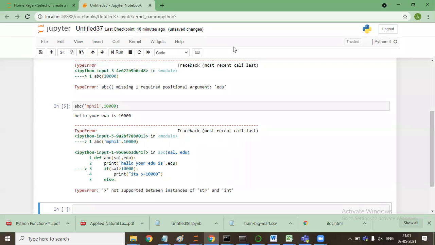So the second type of argument is known as the argument with a keyword. Here Python allows you to call the function with a keyword argument. So how do we pass this argument?